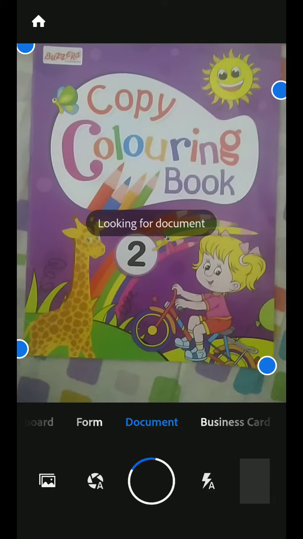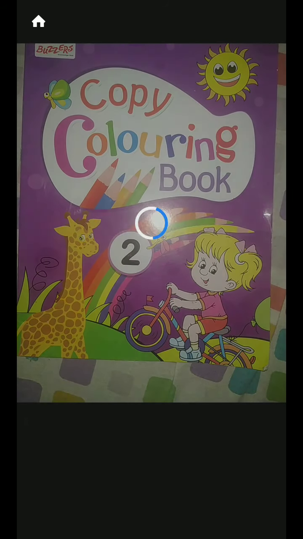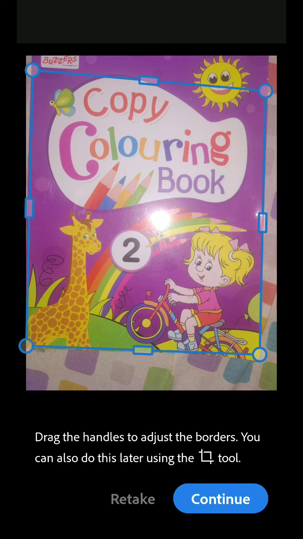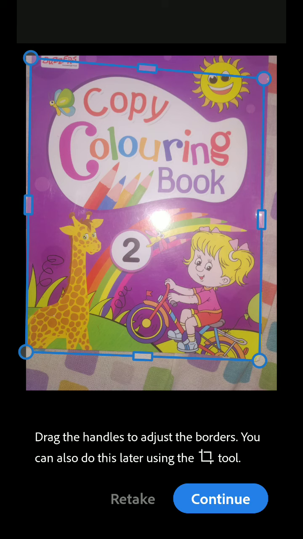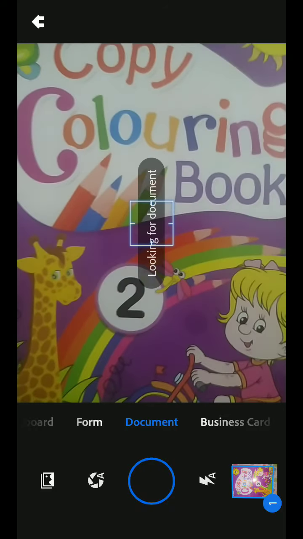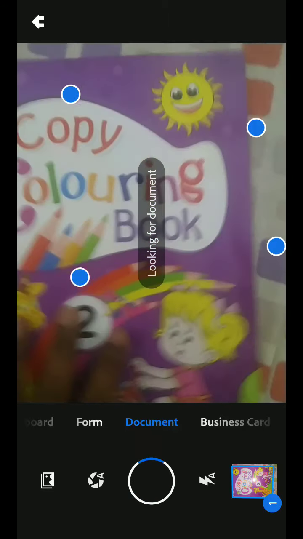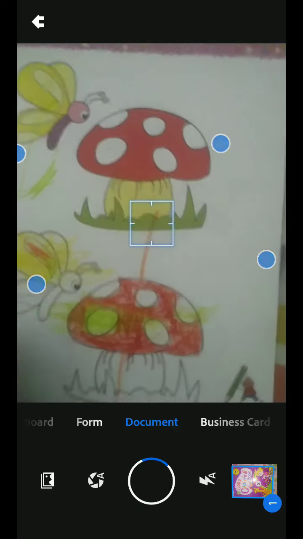You just need to hold for a while without any vibrations, and then it automatically captures. If you want, you can reframe it and continue, or you can also retake. Then you can go on scanning the documents.